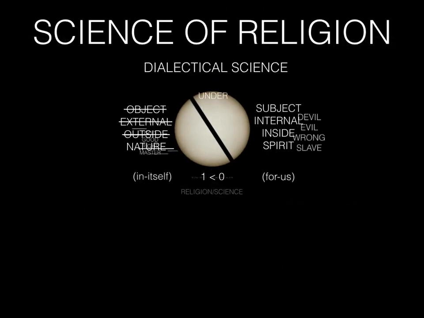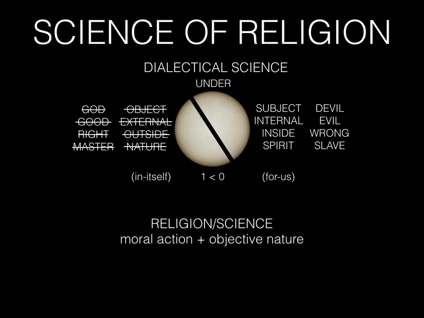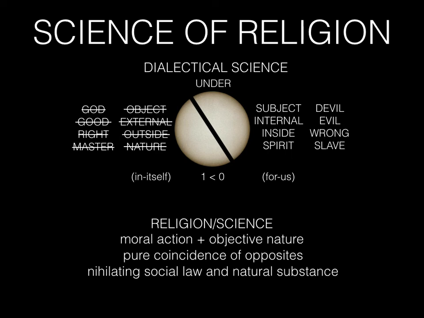In this dialectical mediation of the opposites, between religion, what we ought to do, and science, what objectively is, we have a meta-level reconciliation, that is, a meta-level pure coincidence of the opposites, where our moral action, the highest good, and the most authentic drive, as well as objective nature, what is the truth about reality, coincide as the same thing. And this is achieved through the absolute annihilation of both social law and natural substance. In other words, the foundation of traditional religion, social law, as well as the foundation of classical science, natural substance, become nothing at all, but the